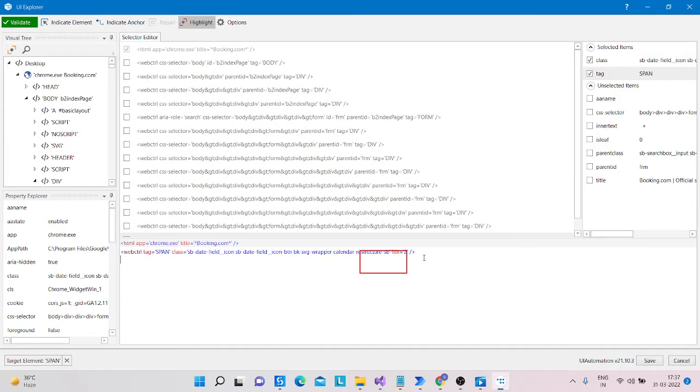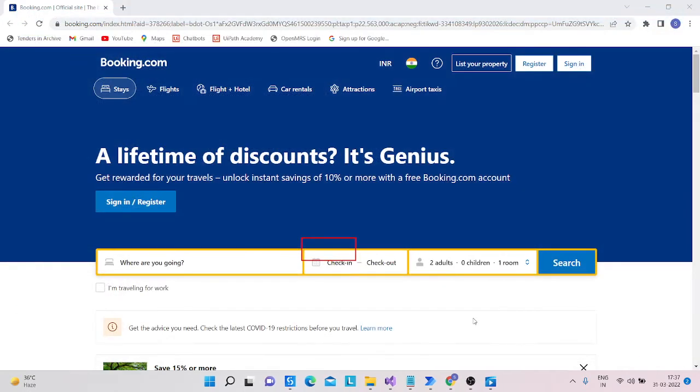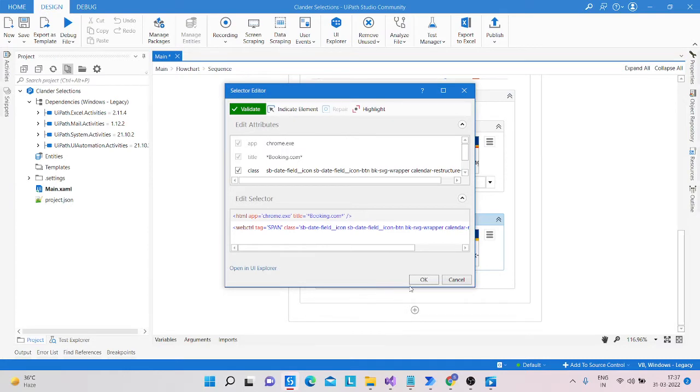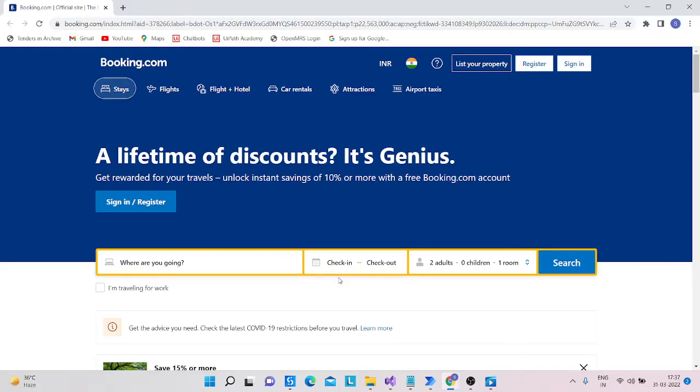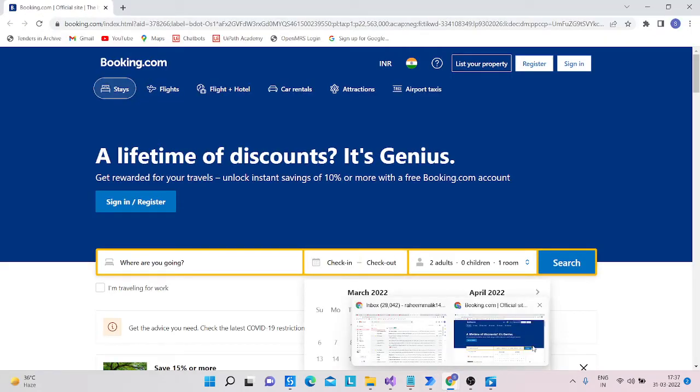Just change its index from 1, save it, and okay. And after this click, we just click here, then we need to